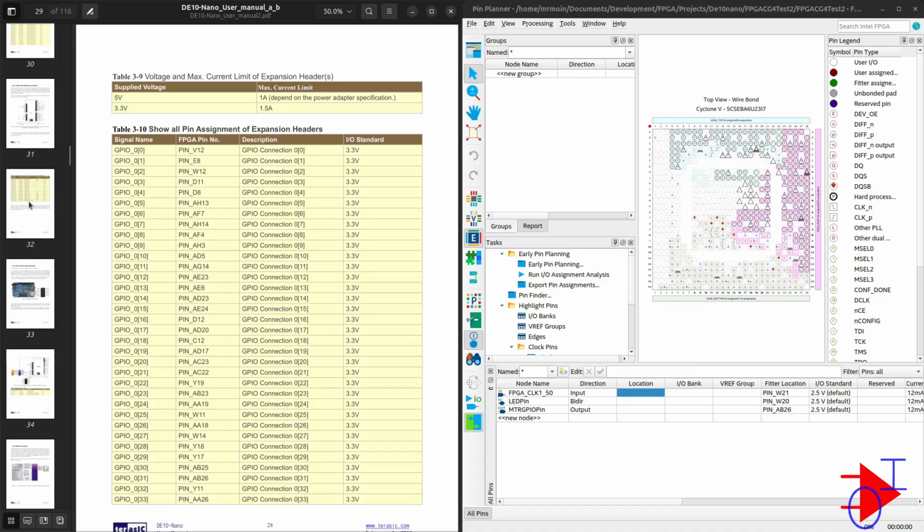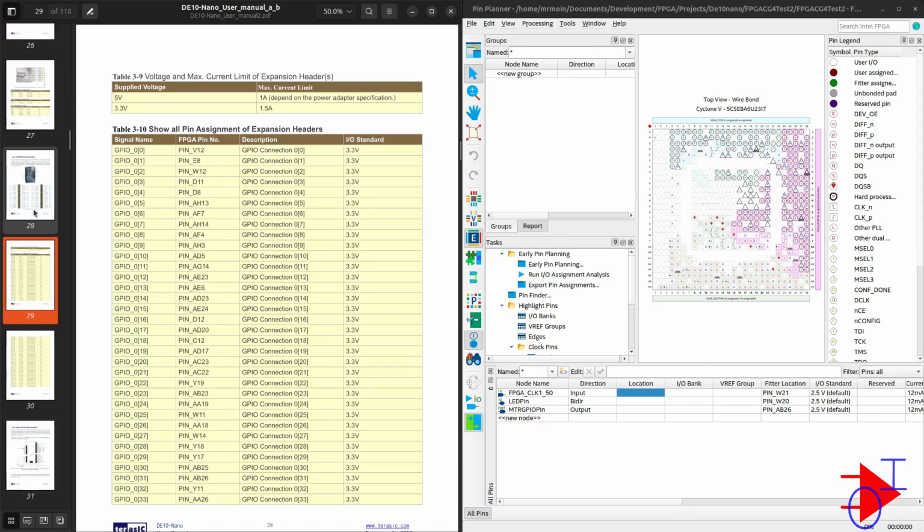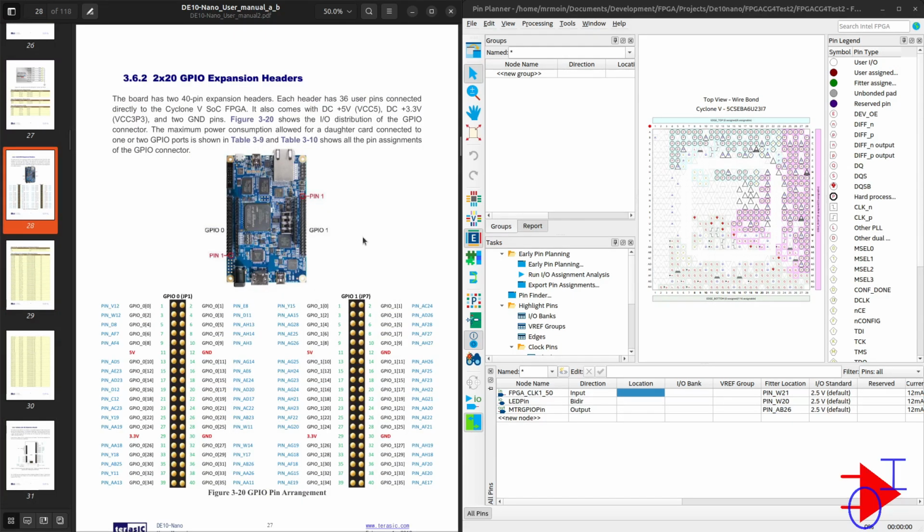Yeah, there's this table. I want to know my GPIO0. Let's look at this first. So GPIO0 is the one to the